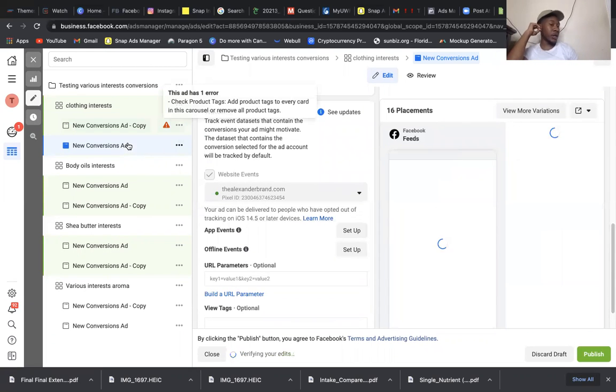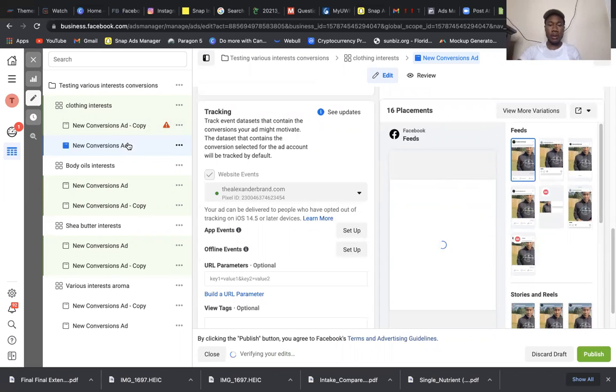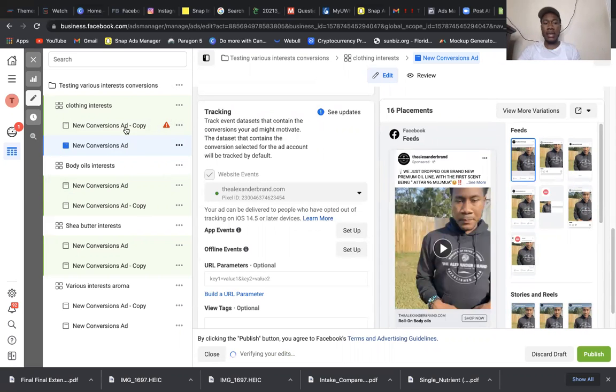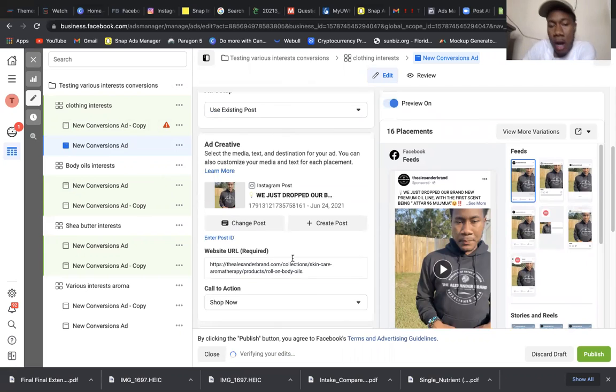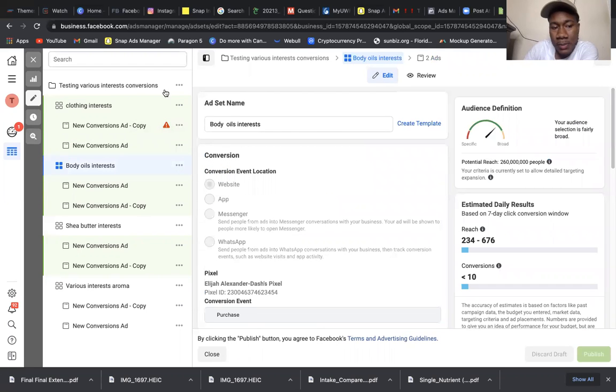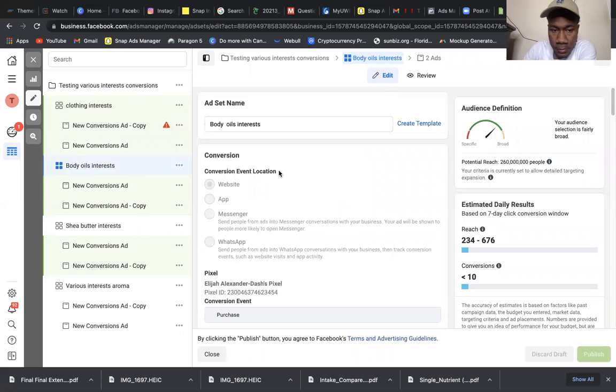Again, for each ad set, you're going to create 2 ads. So this is an ad for that, and then this is going to be an ad for another. The reason this is kind of all over the place is that I'm going to go to a different ad set so it actually makes sense, because this one I was just playing around with. So my body oil interest: this particular ad set is called body oil interest.